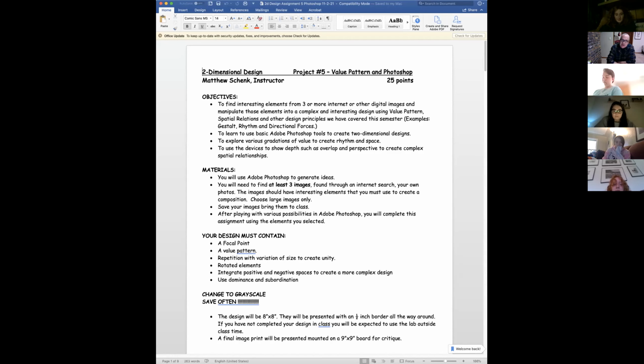So your objective is to find interesting elements from 3 or more internet or other digital images and manipulate those elements into a complex and interesting design using value pattern, space relationships, and other design principles, including pattern and texture that we've covered this semester. You're going to learn basic Adobe Photoshop tools, and you're going to create 2-dimensional designs. You're going to explore various gradations of value to create rhythm and space. And we'll talk about rhythm a little as you're working on your projects. You're going to use devices to show depth, such as overlap, perspective, and you're going to use value to